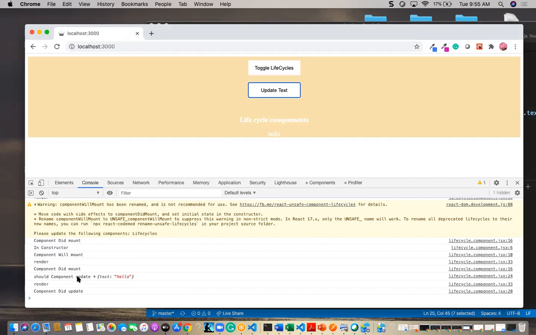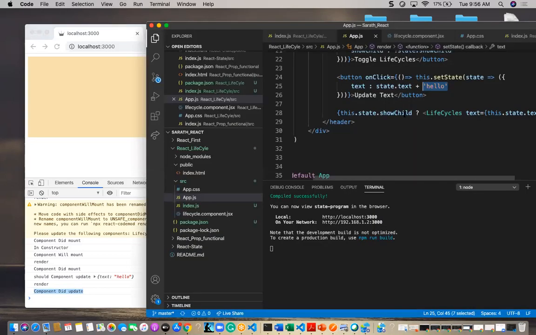So this shouldComponentUpdate will get that one, and it will go for the render again, and it will update the component. Once it is updating the component, we will be finding this lifecycle component and also hello. Both of these hellos are the one whatever we have declared in the button, right? That is this hello, and one more.